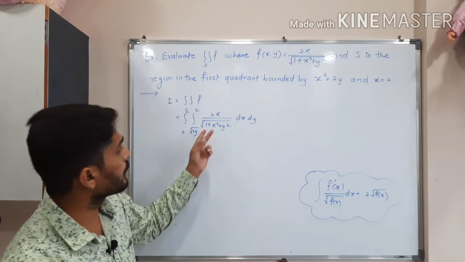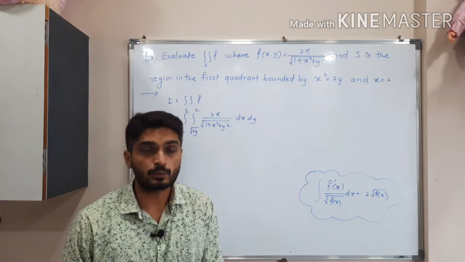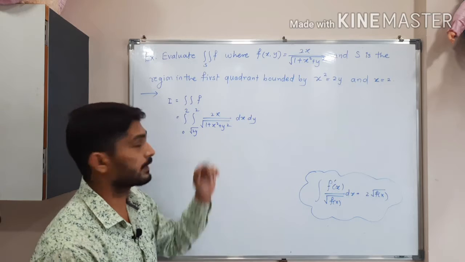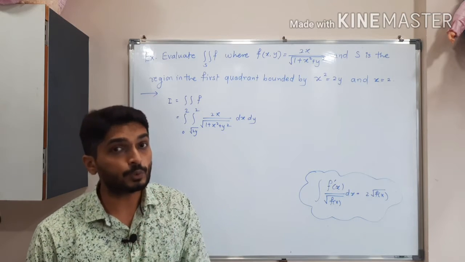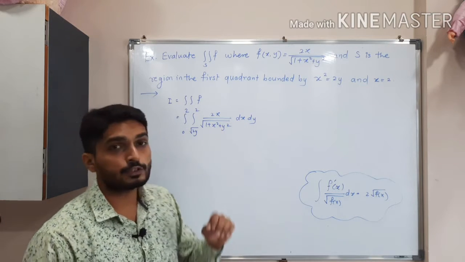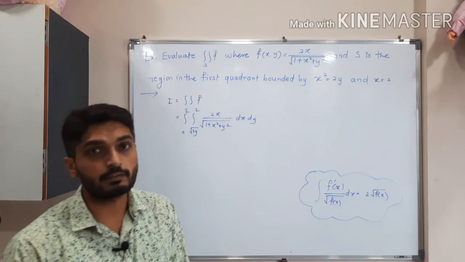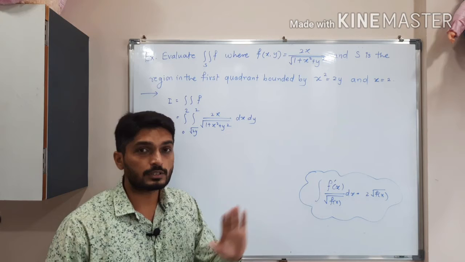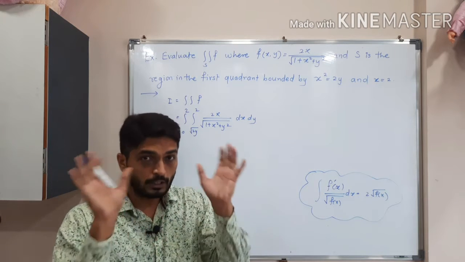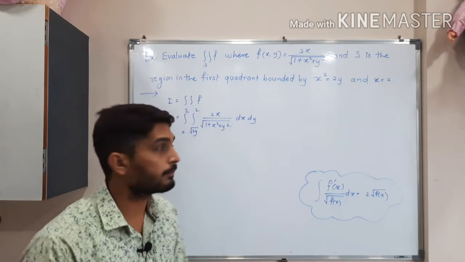So see, inside the square root we have 1 plus x square plus y square. So its derivative: derivative of 1 is 0, derivative of x square is 2x. And see, we are integrating with respect to x, so that's why derivative of y square is also 0. So simply the derivative is 2x. So these conditions mean we can apply the formula. We have a suitable format here. So yeah, tell me what will I get?